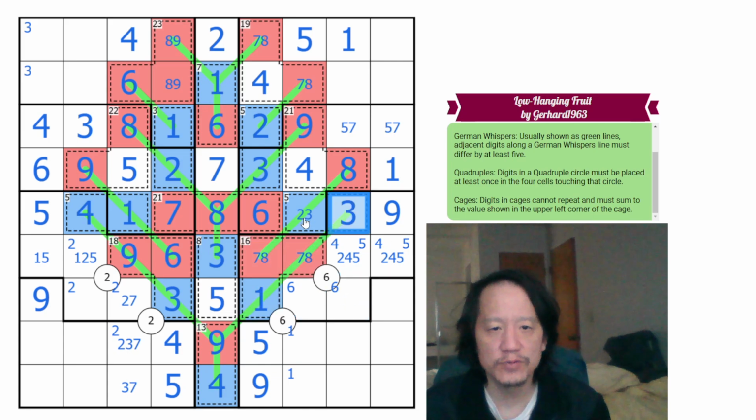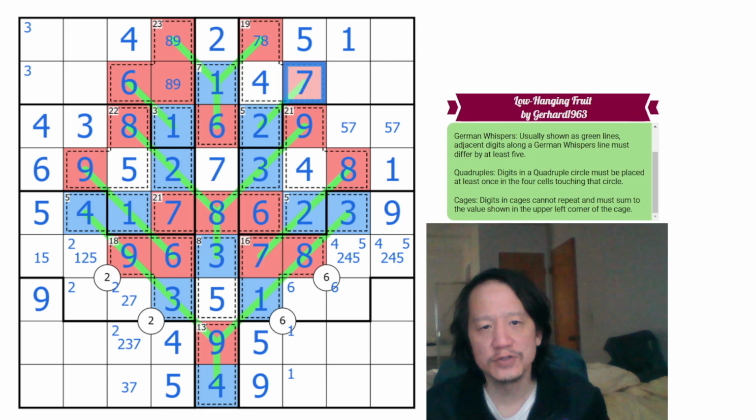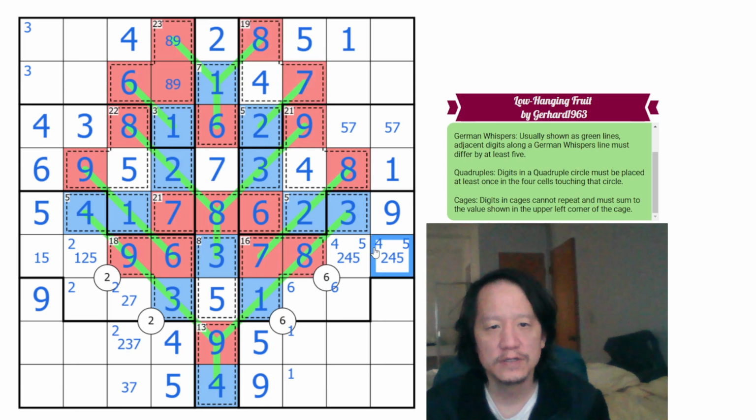So this is 3, which makes this an 8, which makes this 7. This is 2. Which means this can't be 8, so this is 7. Which means this can't be 7, so this is 8. So this is 2, 4, 5. This could be 4, 5, and 6, but 4 and 5 are not allowed here, so this must be a 6. Which means this can't be 6. This has to be